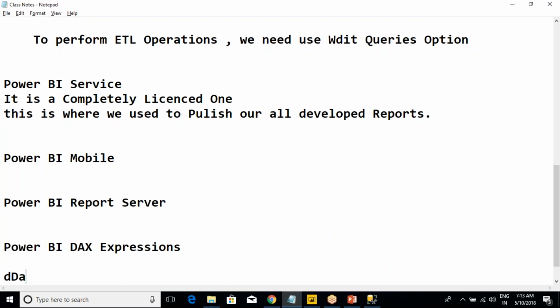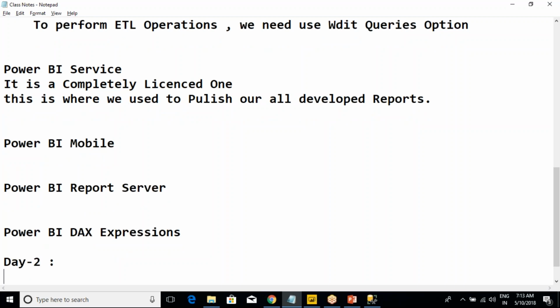Is it free or what? For example, Day2, I am just putting like,